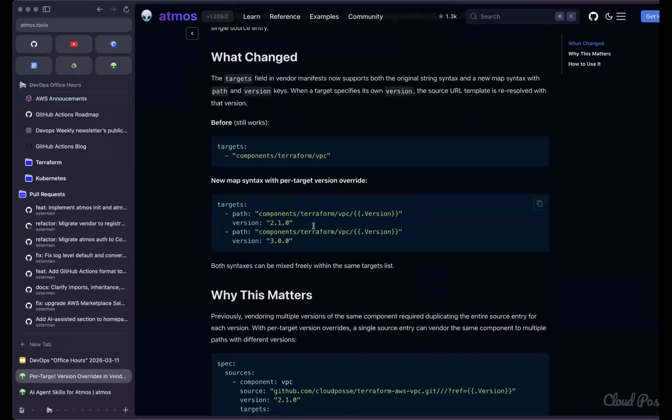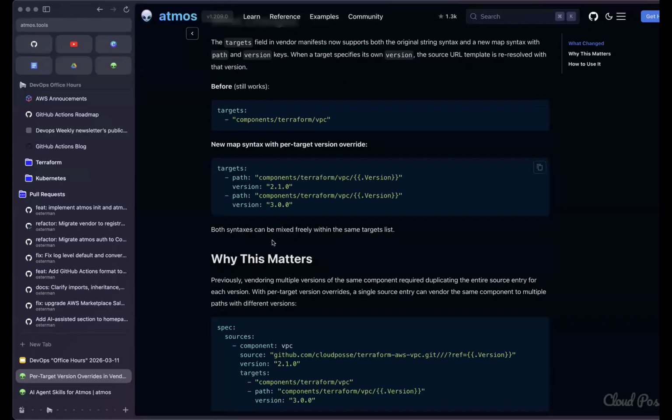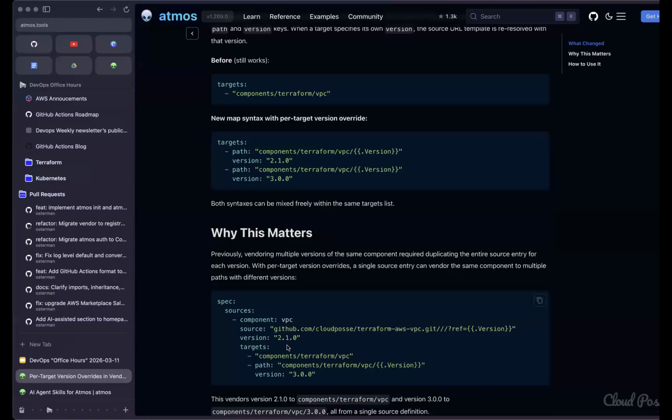One of the things we added was, if you are using vendoring in Atmos, previously we only supported vendoring a single version to multiple locations. The idea was to vendor version 2.1.0 to a folder called 2.1.0 and vendor it to a folder called latest, for example.